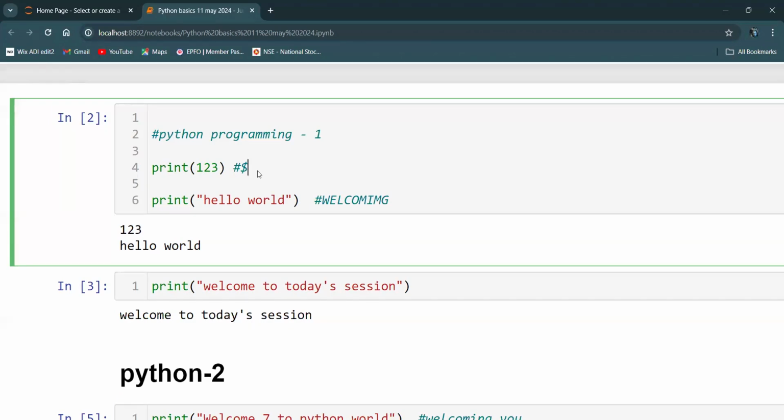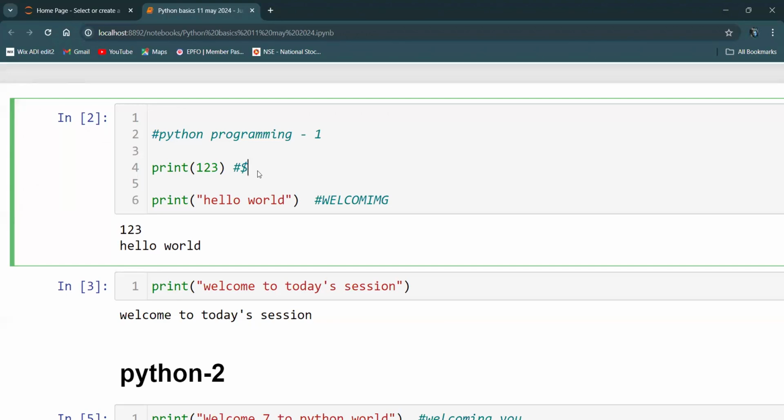Yeah. See, we have different data types in Python: numerical data type, string data type, Boolean data type, and we also have date time data type. Under numerical data, I have integer, float, and complex.